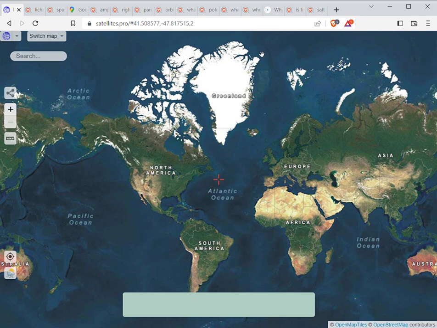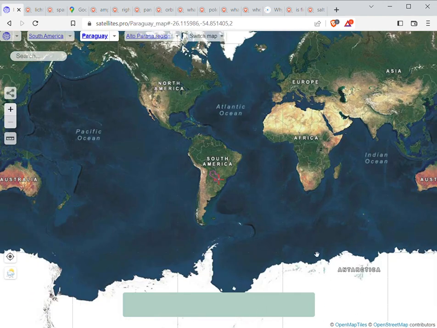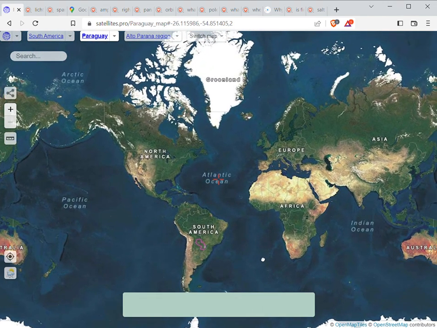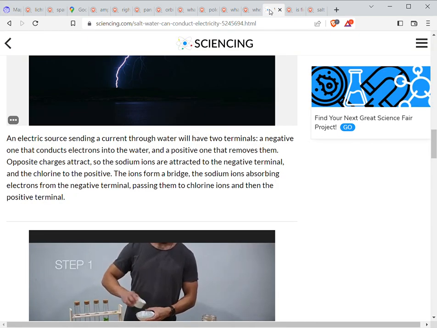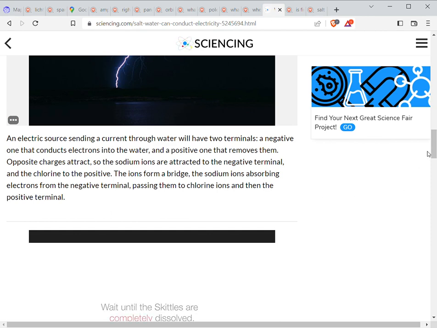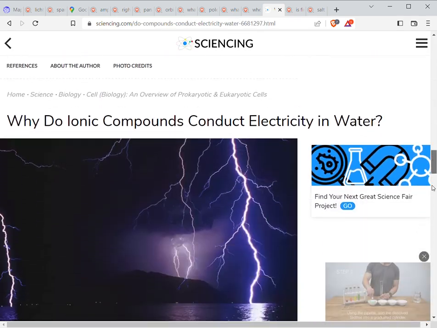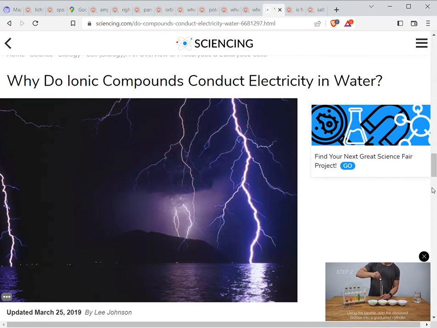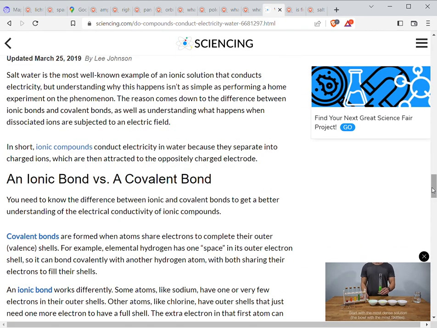You got like one terminal up here and one would be fixated down here for frame of reference. And this is all salt water, why we should probably talk about that, because it's not just that, it's how this matter is going to respond to the force. And I'm all fine with that. And it keeps going. Why do ionic compounds conduct electricity in water? I think this might be an entirely different article, but it's still pretty good.